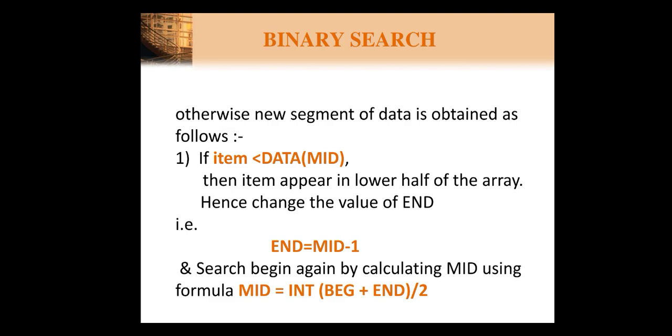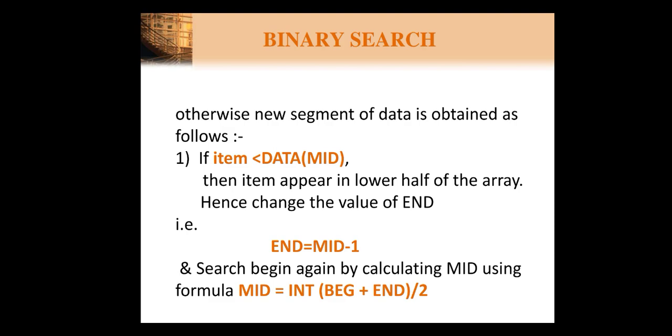Once you have calculated the mid value, you compare that element with that mid value. If a match is found, you can say the search is successful. If a match is not found, you have to check whether atom is smaller than mid or greater than mid. If it is smaller than mid, then you need to change the end position. Again your whole array is from beginning to end, and again you need to divide it into two parts by calculating the mid. Why do we need to calculate the mid again? Because the element is compared only with the mid. That's why we need to divide the array into two parts, because binary search first divides the array into two parts and then compares the element with the mid value.